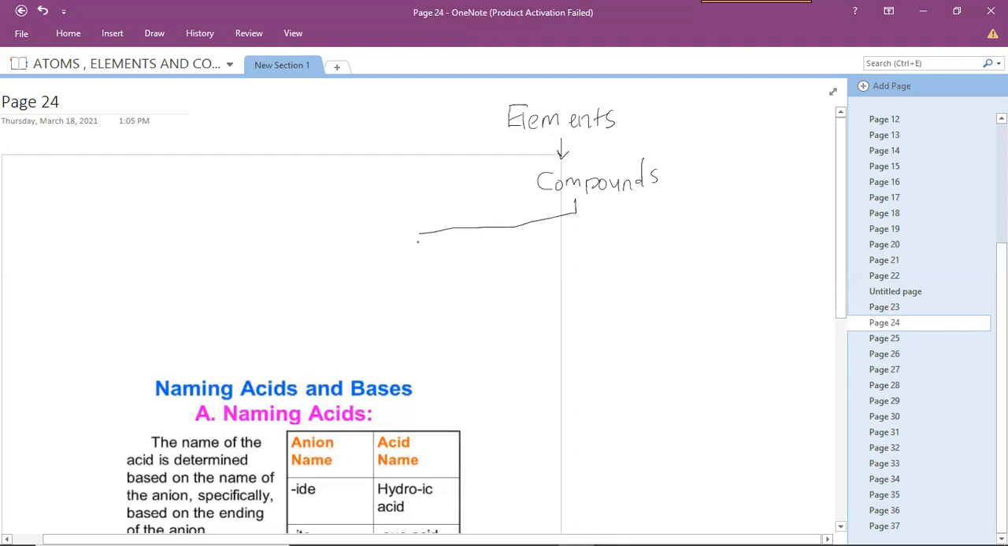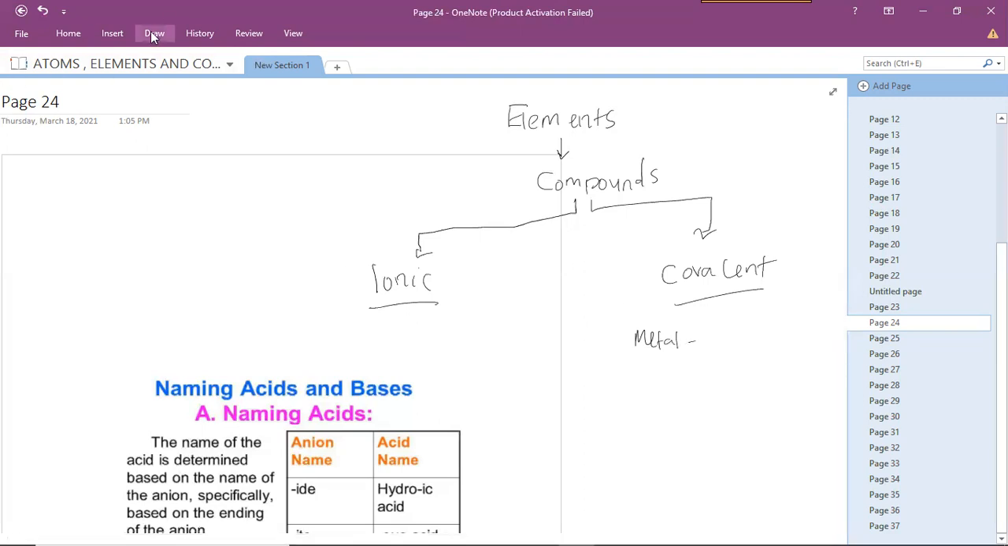And for compounds, we said we have got two types: ionic compounds and covalent compounds. Then we learned how to name covalent compounds, and we also learned how to name ionic compounds. With covalent compounds, we start with the metal first, then we name the non-metal, oh sorry, for covalent compounds,